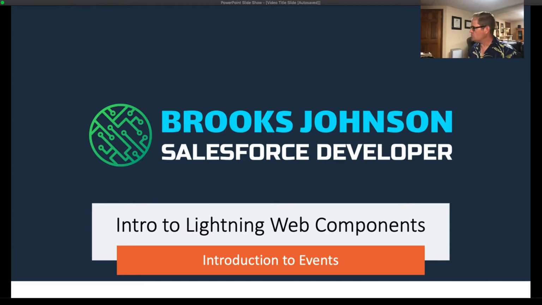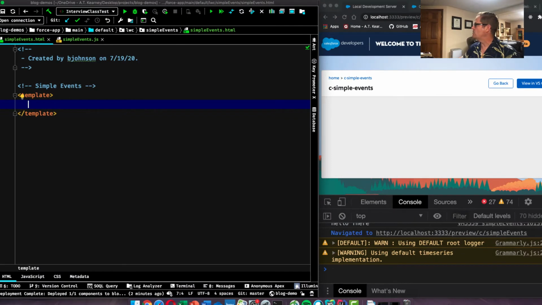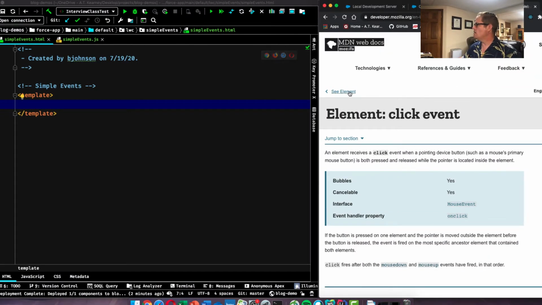So first, let's switch over and take a look at our documents real quickly. The first place I always say to stop and take a look at is your MDN web docs. So here we have the click event. An element receives a click when a pointing device is clicked. And when that click happens, the browser says, hey, you told me to listen for that click event, and now we're going to run this JavaScript to do this thing because of the event. So today we're actually going to talk about click events and onchange events and how we handle those in